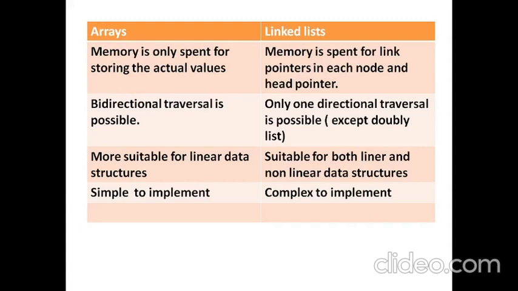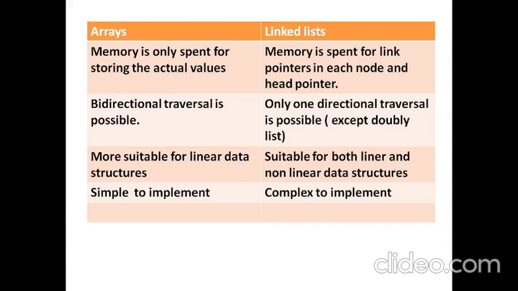But in a linked list, it is impossible to traverse in both directions, because the link field is only pointing to the next element, not to the previous element. So you cannot come back from a node to its previous node, except in the case of a doubly linked list, where you add one more pointer into the nodes, so that pointer is going to hold the address of the previous node. Otherwise it is not possible to traverse in both directions. One directional traversal is what is supported by a singly or a simple normal linked list.